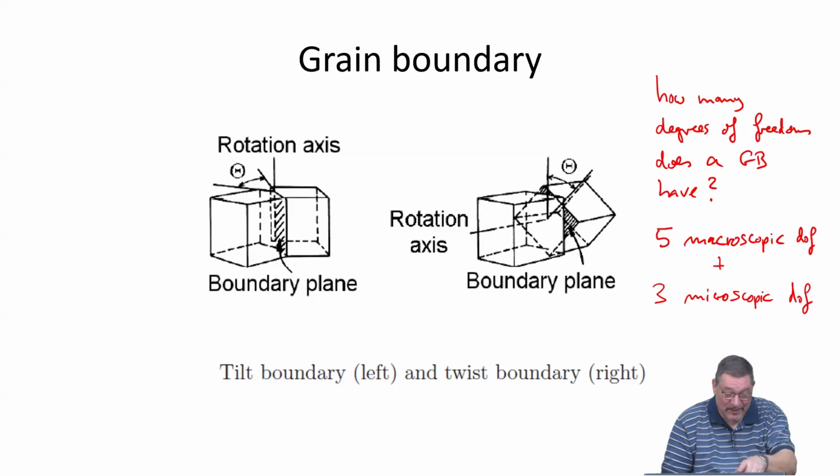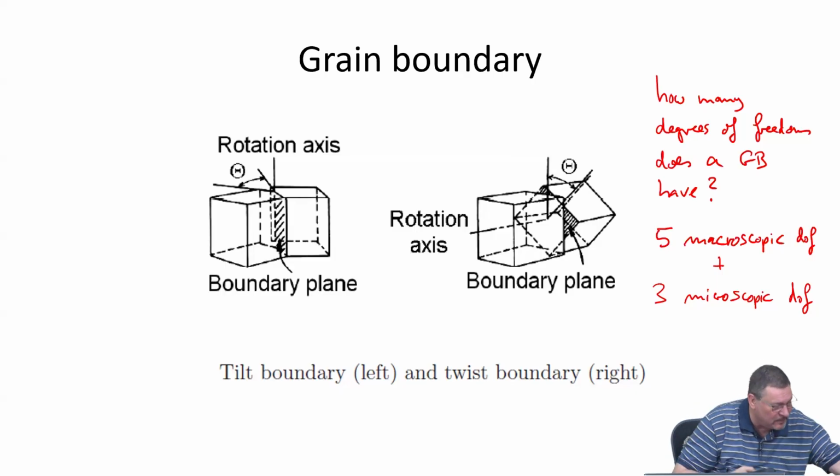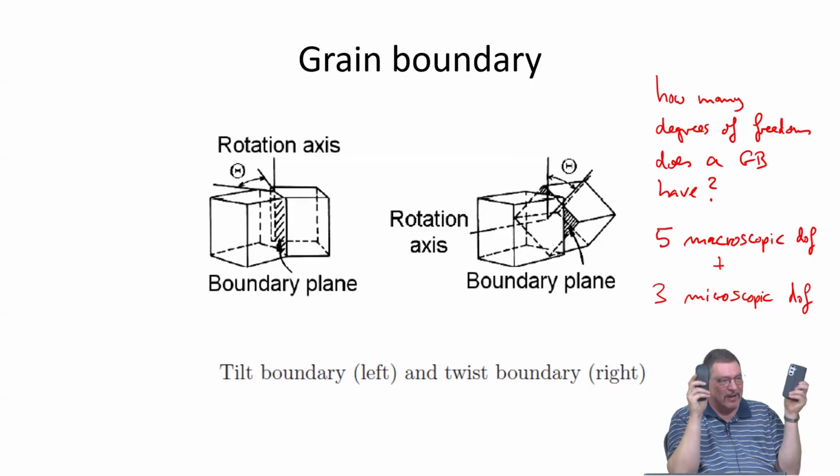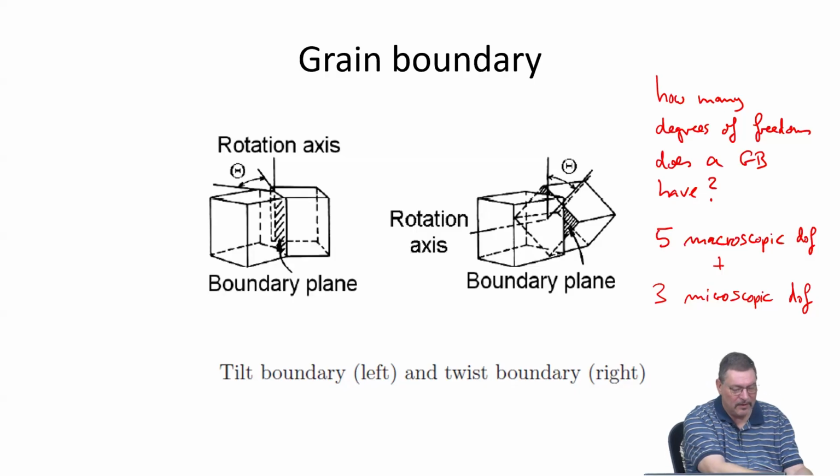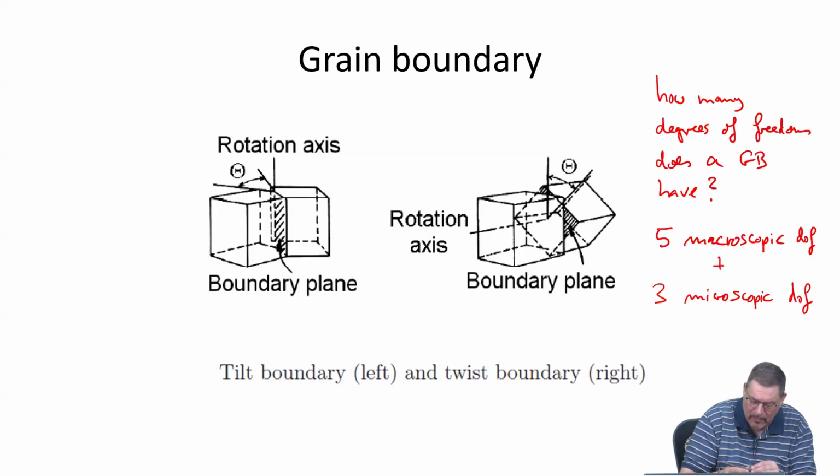It exactly is. You see these 2 common types of boundaries, which could be made by having 2 absolutely equal grains. Again, we bring them together. And now we can make a grain boundary by tilting or by twisting. This basically gives you the following picture for a grain boundary.